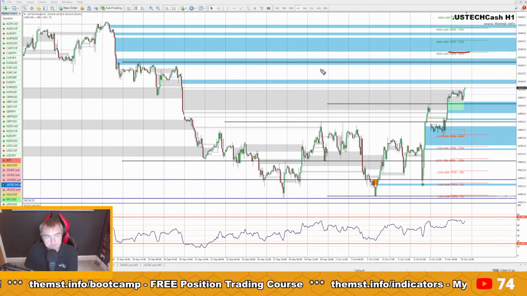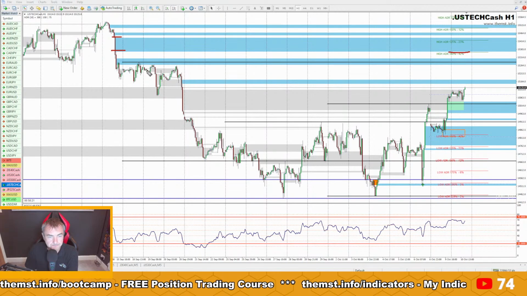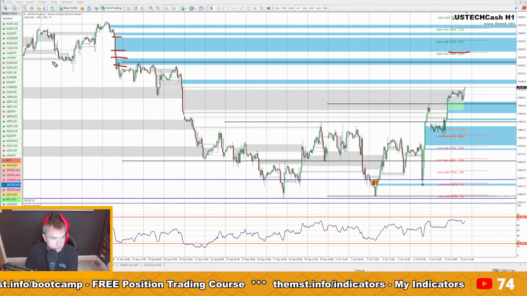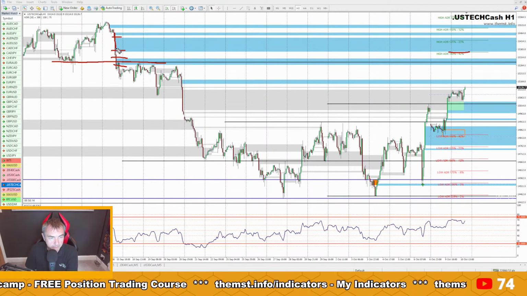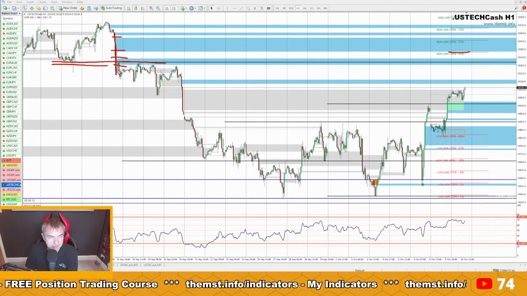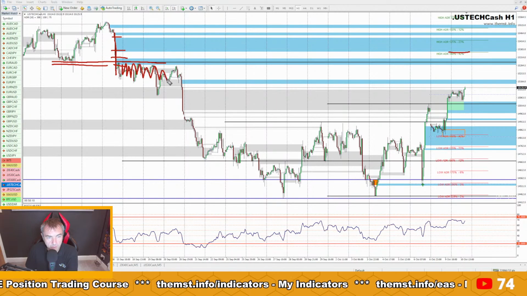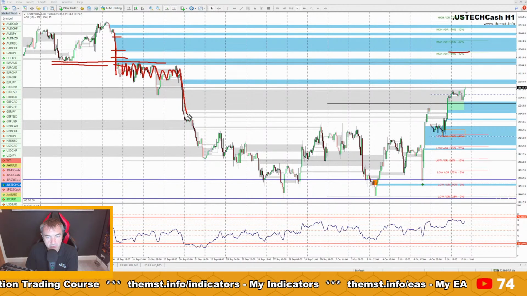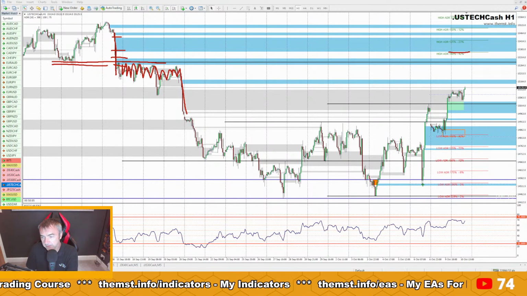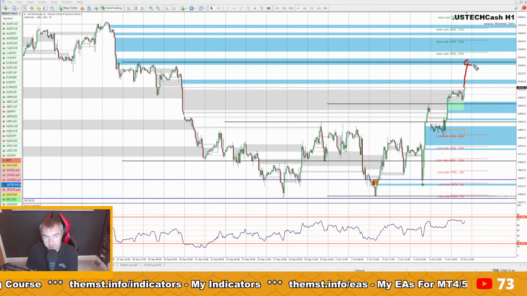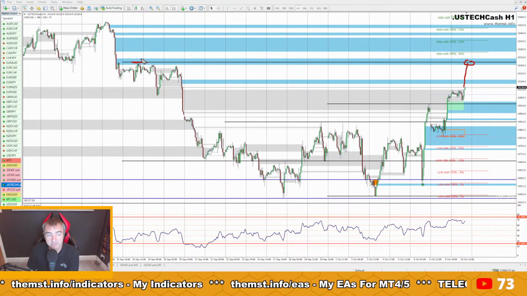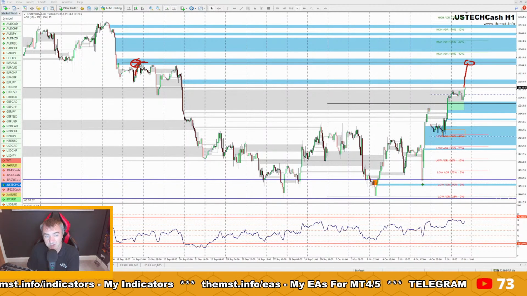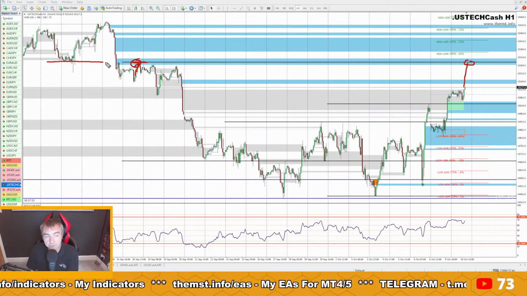So ADR is basically this propulsion gap. So we've got this propulsion. So this support basically, that was a 2-hour move to drive through that level. And we sat there for 2.5 days before we shot down. So upside on this today, you've got this area here, which is the high of 3 weeks ago. So this is basically the high of 3 weeks ago, which is pretty much where we opened, which was